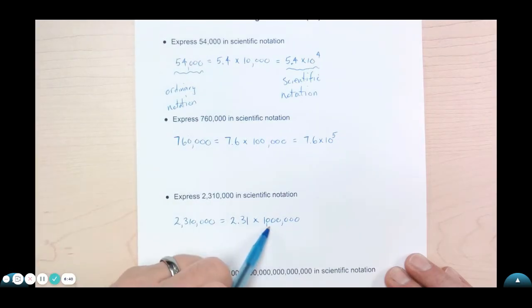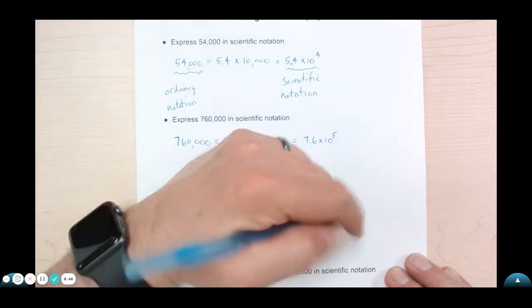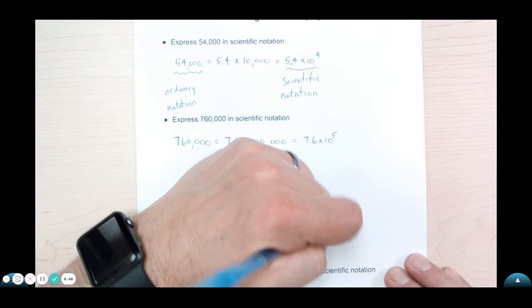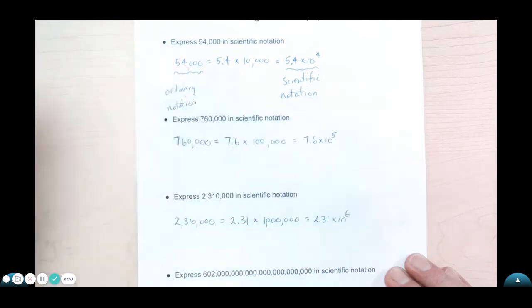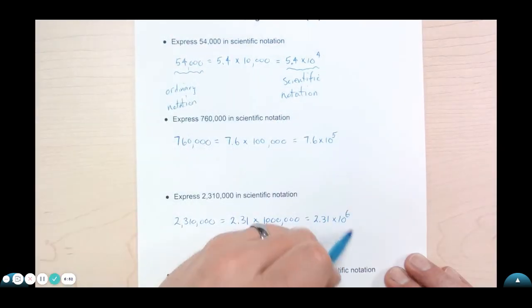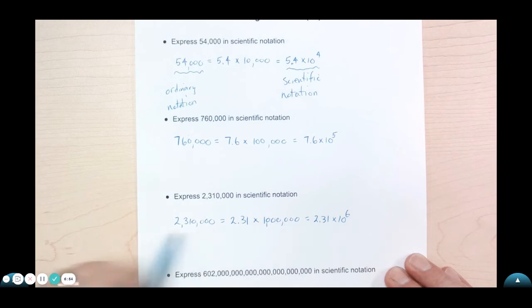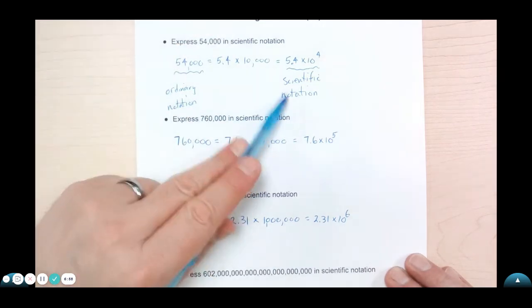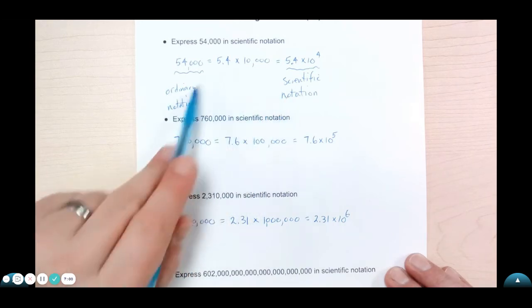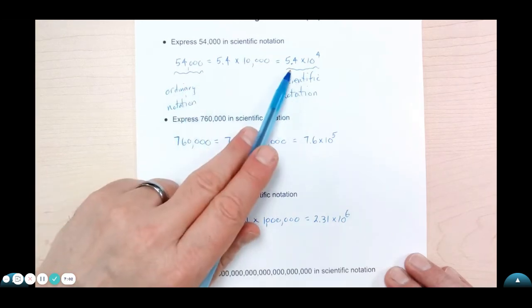And we know another way to write a million: it's 10 multiplied by itself 6 times, so 10 to the 6th power. So this would be the scientific notation, and that's the ordinary notation. Now notice something here. Whenever I write a number in scientific notation from ordinary notation, I'm preserving the correct number